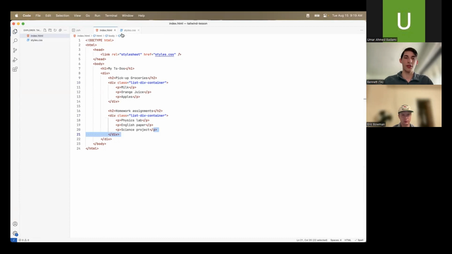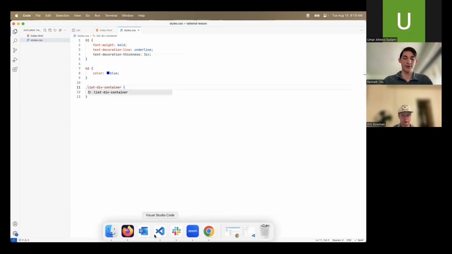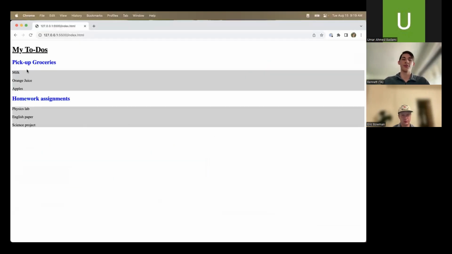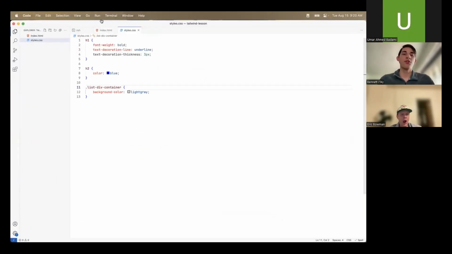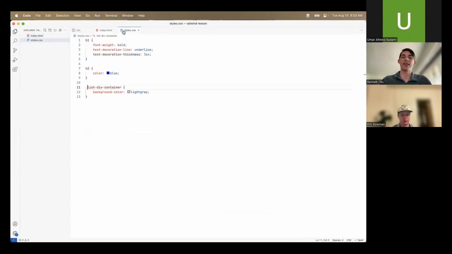So if I go to styles.css, I can then target that class. And then here it's fixed. So this was trying to give an example of the normal workflow. So just in a little bit of time here with a very simple project, we're hopping between styles.css and index.html